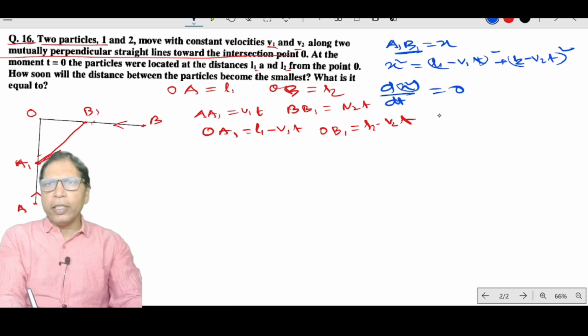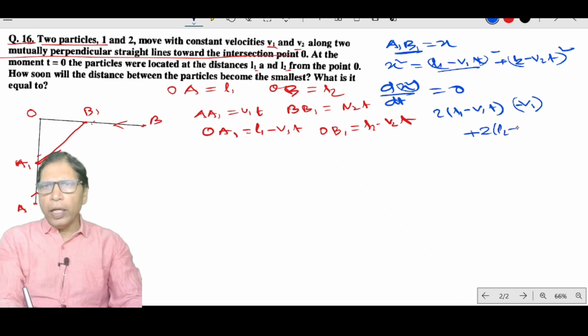Therefore, 2 into L1 minus v1t into d/dt of this, so minus v1, plus 2 into L2 minus v2 into t into minus v2, equals 0. Therefore, L1 minus v1 into t into v1